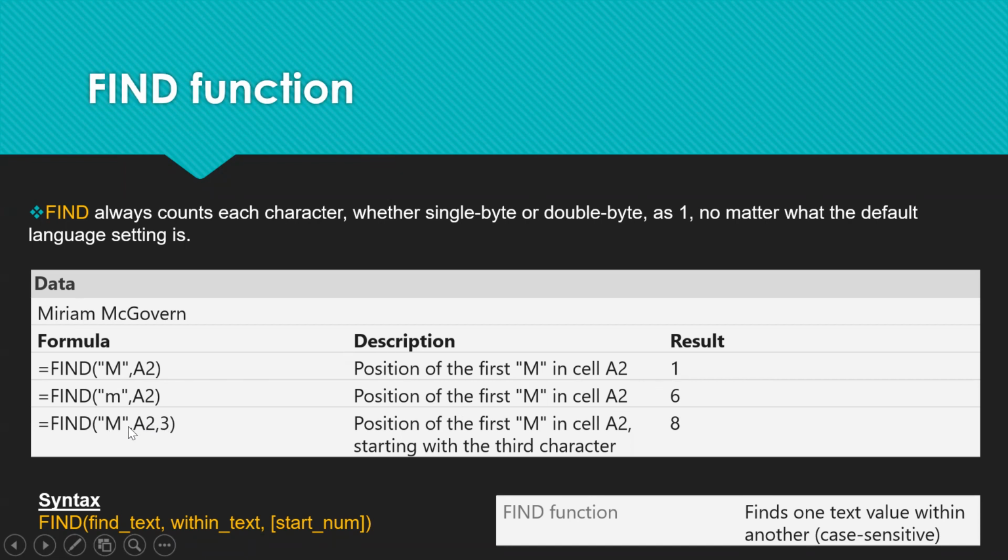And here, right, it's going to calculate from a particular position in the cell. So it's not going to find the m from the initial position. It's going to find the m from the third position. Let's say it starts to find from the third, right? It's going to find the capital letter. So the next capital letter it's going to find is here. So the position would be 8.